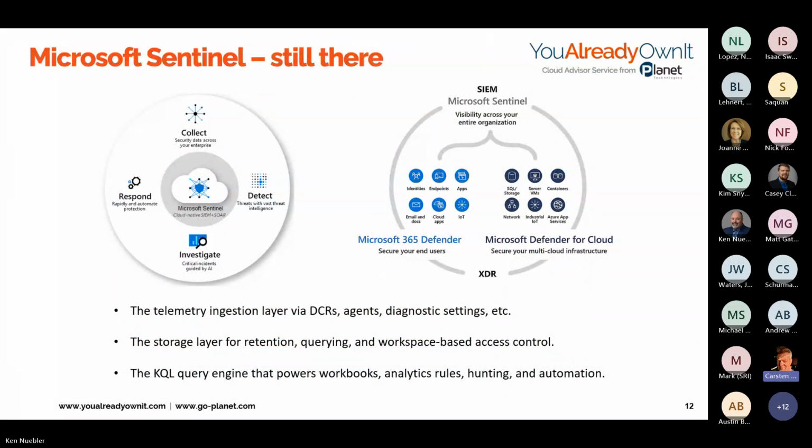All right. So we're talking about XDR, and as you understand, there are things disappearing from what's happening with XDR. On the next slide, I'm going to show you that, but I want to make sure everyone understands. Sentinel is still going to be there. Log Analytics and that primary workspace that we normally have with Sentinel are still going to be there, because that is, or still is, the ingestion surface, for example diagnostic settings. It's where we can take telemetry from